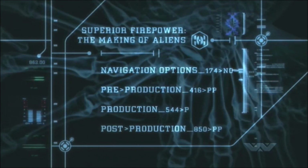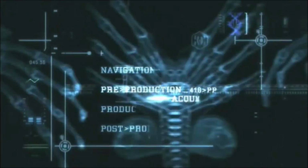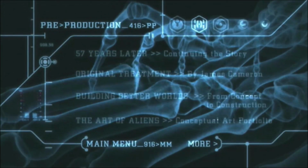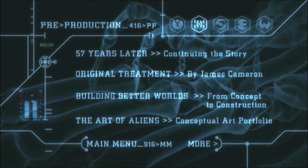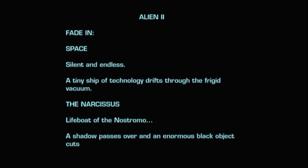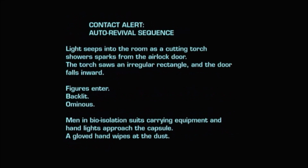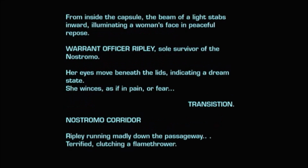You can navigate through the full Alien supplemental experience on the disc, divided into pre-production, production, and post-production. In pre-production, there's the 57 Years Later, Continuing the Story featurette and the original treatment by James Cameron. This is the blueprint for Aliens that Cameron presented to producers and ultimately secured him for the job to bring us the sequel. It has a lot of the details and characters that would eventually make it into the full